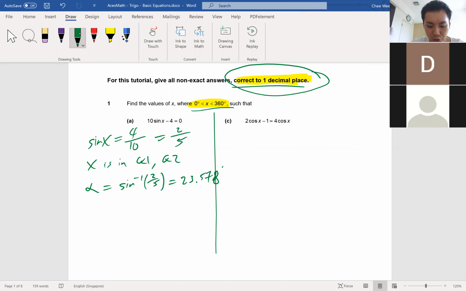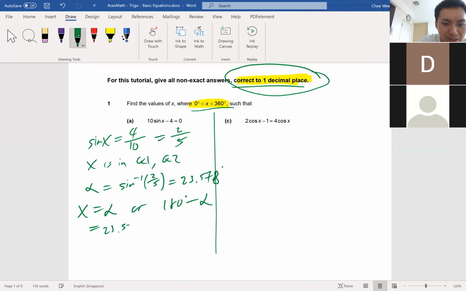Should the final answer be asking for 3 SF, your interim working, at least for alpha, should have 5 SF because plus 2 in terms of level of accuracy. But if you don't wish to write this, feel free to not write this and keep it as alpha, that will do also. So then finally, I'll just write x is equal to alpha or 180 degrees minus alpha, giving you